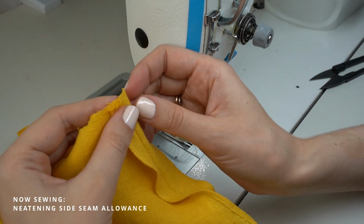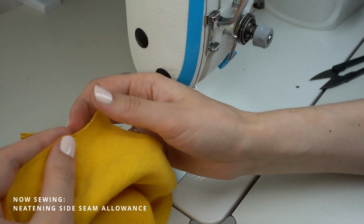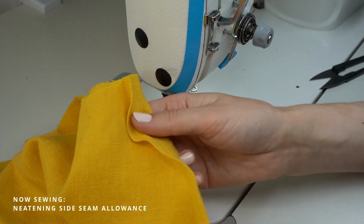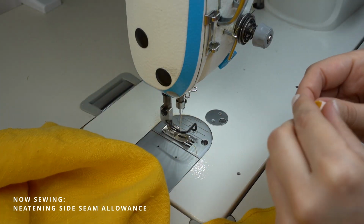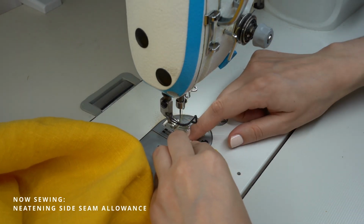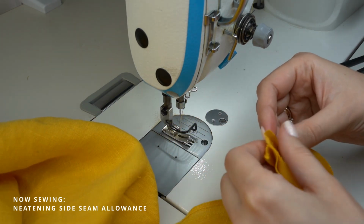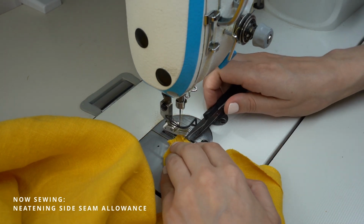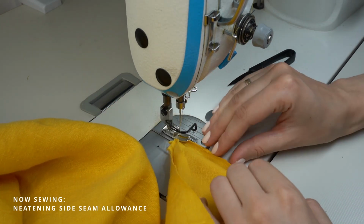So now I want you to go ahead and finish the next seam allowance the same way. You are going to fold and sew 1 millimeter from the edge. This is a very beautiful finish and it's a great alternative to a serger or zigzag when working with woven fabrics. I love it because it just looks way classier and way more timeless than, let's say, serger or overlocker or zigzag, but at the same time it's rather easy to make and it's way easier than